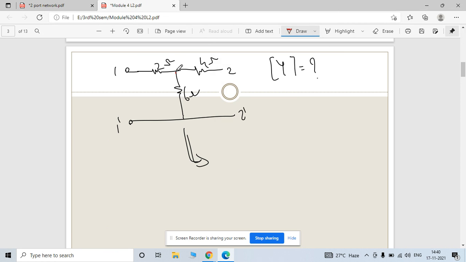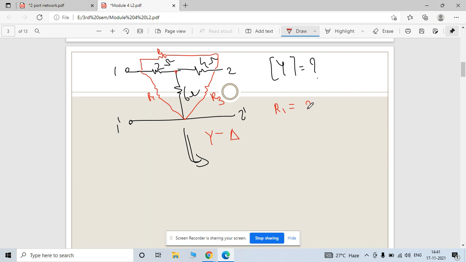Now this is nothing but your star network. So convert this star network into the delta combination. So what is a delta combination here? See, this is your delta combination, and delta combination here is nothing but your pi equivalent network. So find out this value. So this is your R1, R2, and R3. Once you calculate this, what is the value of R1?